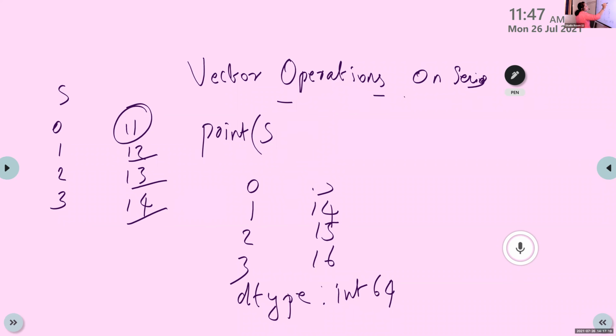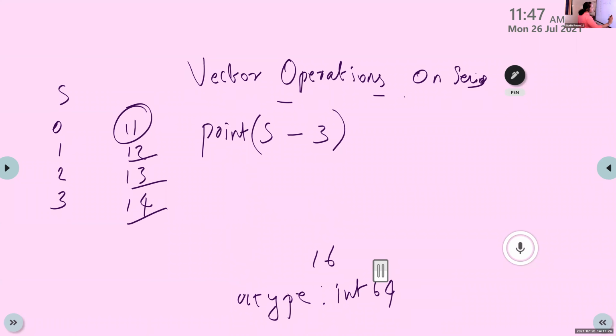What is the result of S minus 3? Find out the result of S minus 3.